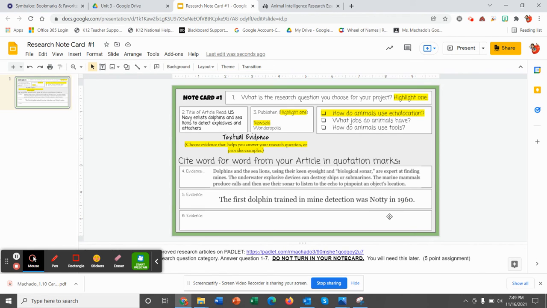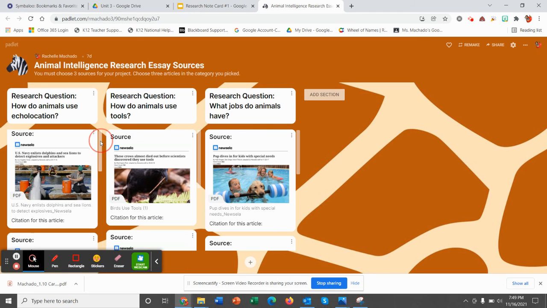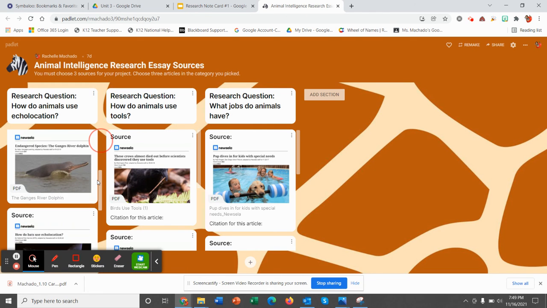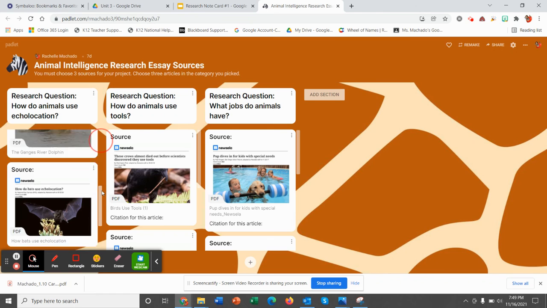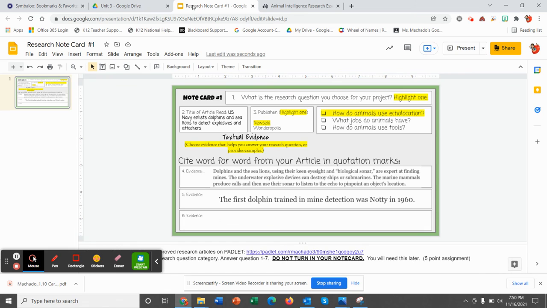But you do want to find, like I said, as many pieces of evidence as you can in the article that you read. We are going to do 3 different note cards on 3 different articles because you do have to have 3 separate sources. And when we did the tour of our Padlet site, each research question had 3 to 4 sources. So you can choose 3 to read. And we will be doing 1 note card per day, collecting this information. Do not turn it in because you will need your note card later. We're going to use them when we start writing the actual